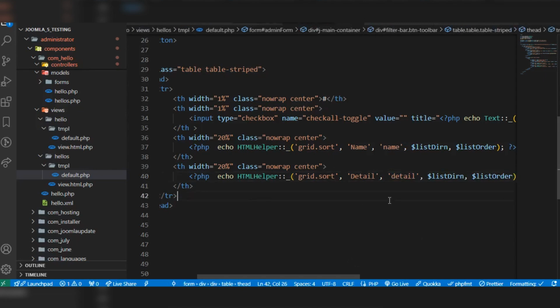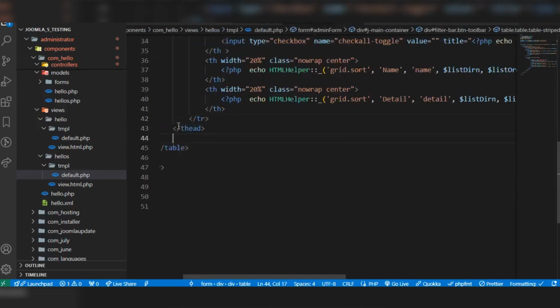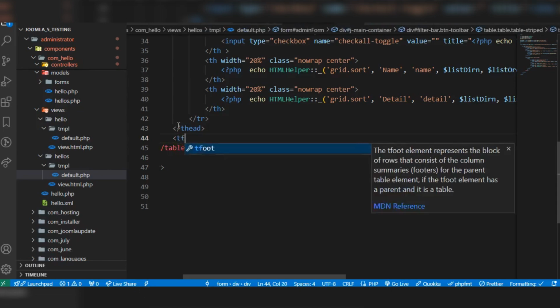Now we have created our table heading, and the next step is to create our table body and table footer. So let's create the footer first. Tfoot,